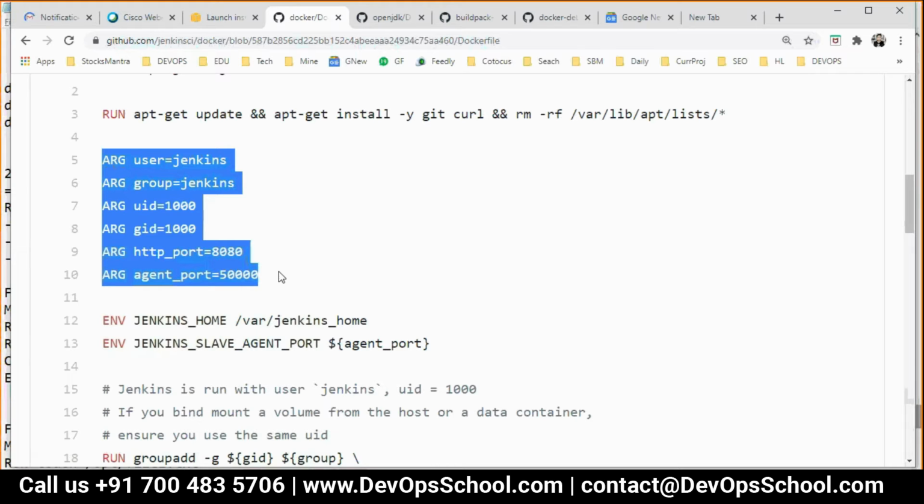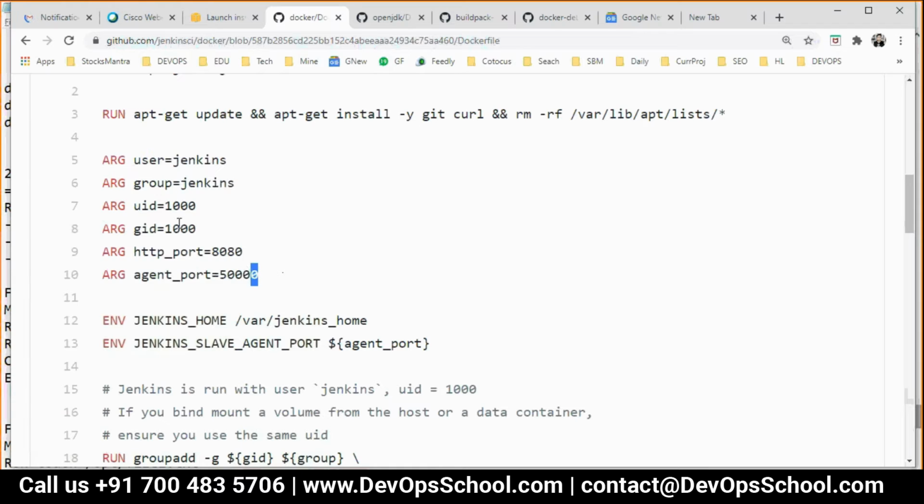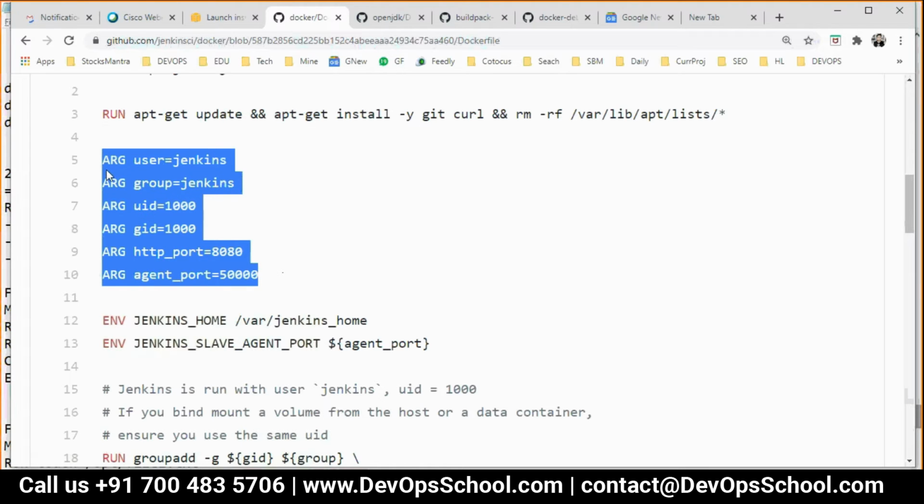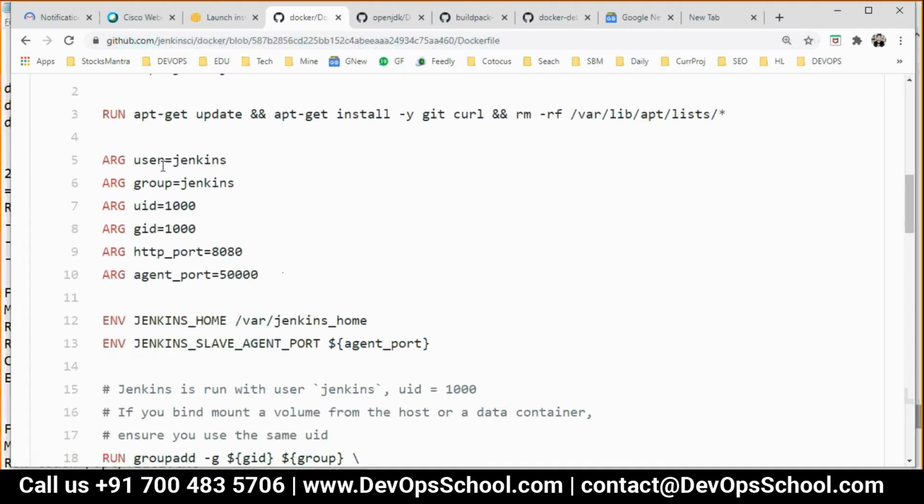So here you declare the variable user with value Jenkins, group, user group variable Jenkins, UID, GID, HTTP port, agent port, and so on. So these are the username and port variables. These are the arguments. Now if you look at this, where has this been used? Let me show you.